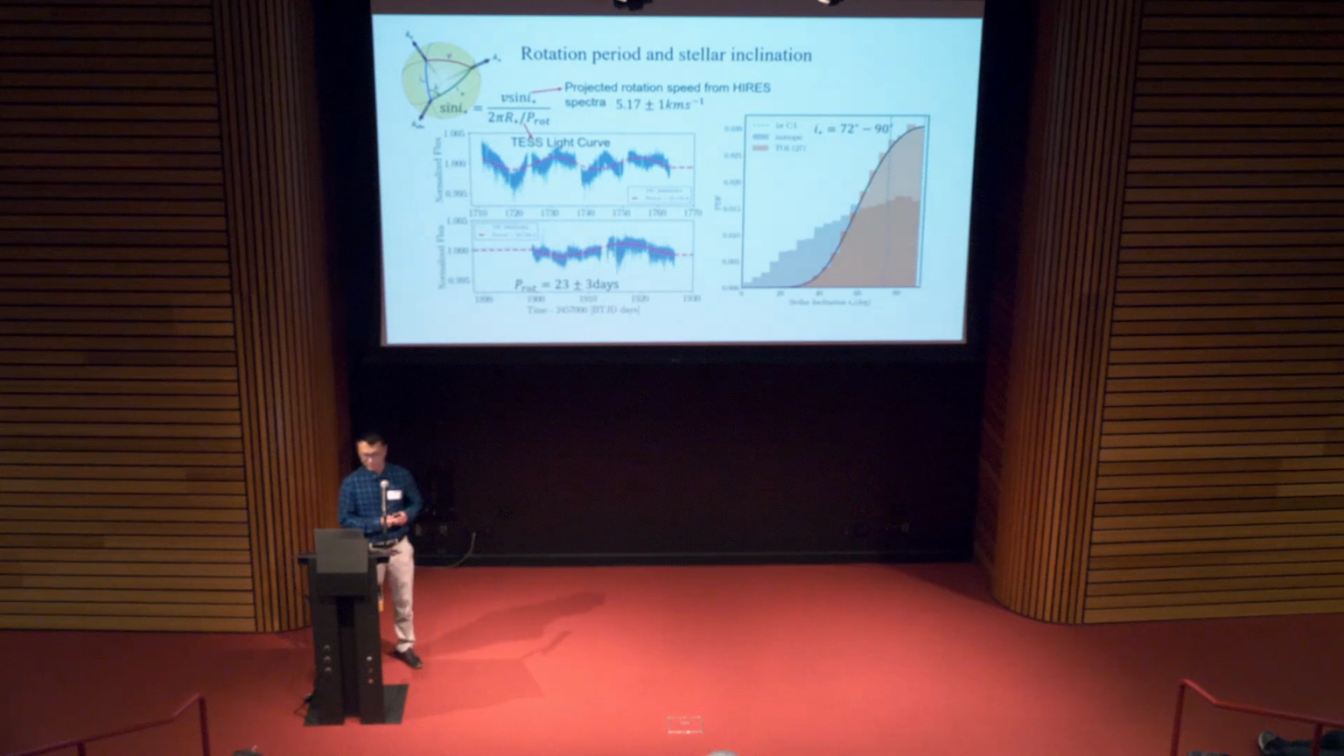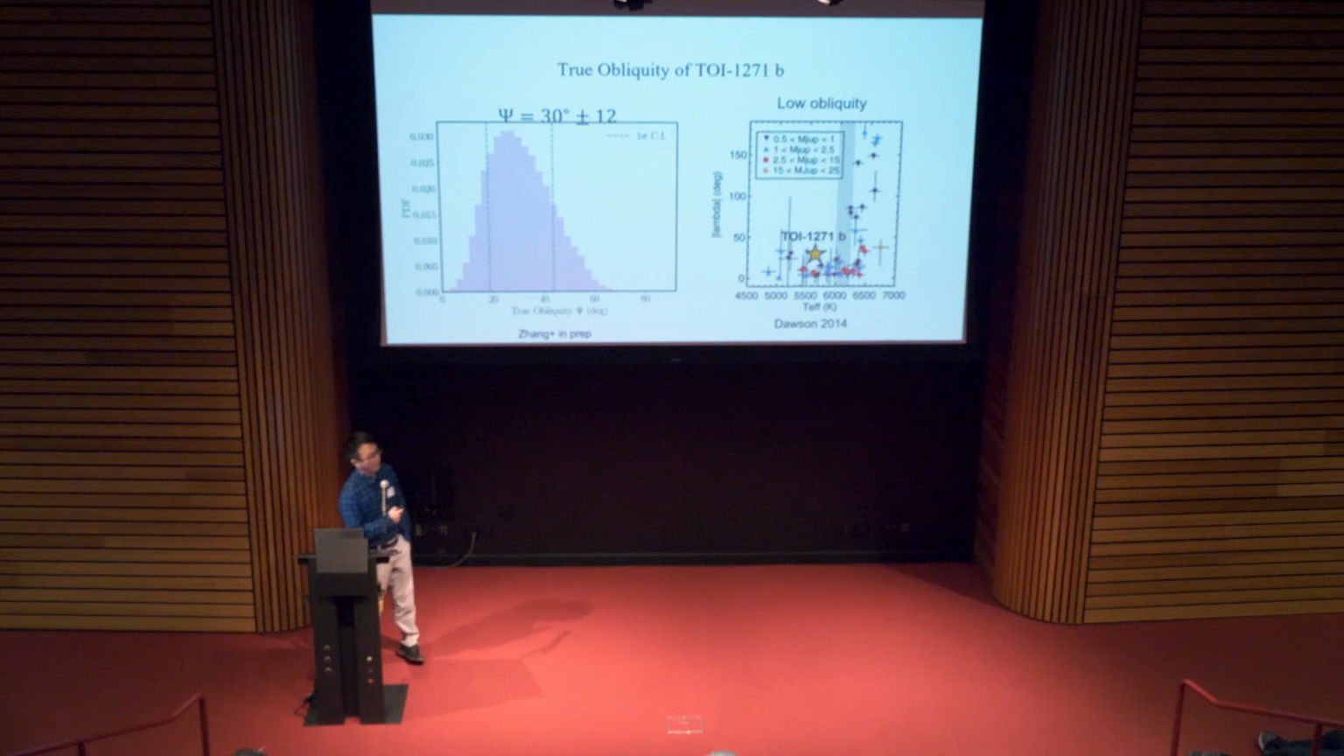So putting all this together, the true obliquity can be measured, and it's consistent with being a low obliquity system. This plot shows a lot of hot Jupiters with measured obliquities. Most of them are actually sky-projected obliquities, so there is an uncertainty there about the true obliquity. But this system fits well with the cooler stars, which have been observed to have more aligned orbits with the star. This is thought to be because these cooler stars have deeper convective envelopes, which are more efficient at damping